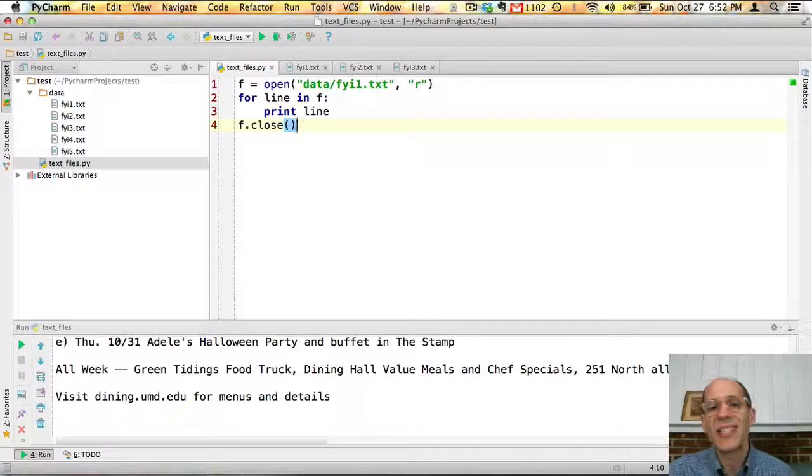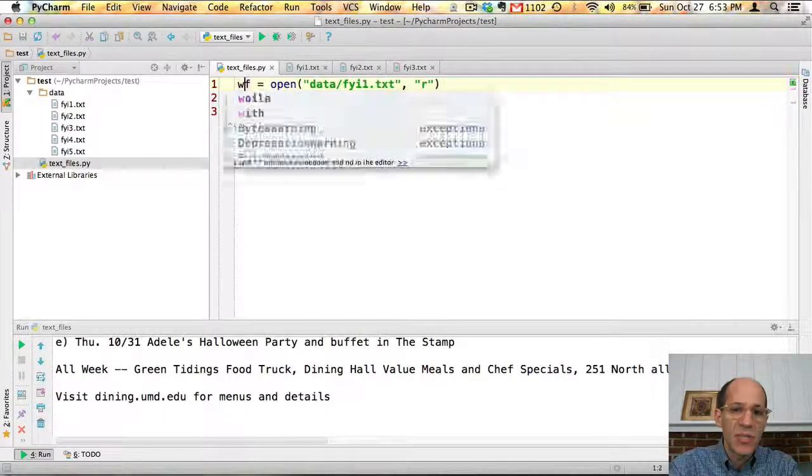Unfortunately, it's very easy to forget to do that. And what happens if you end up calling some other functions, and it can just become a bit of a mess. So it turns out that Python, in its infinite wisdom, has a built-in mechanism to automatically close files for you. And to do that, I'm going to introduce